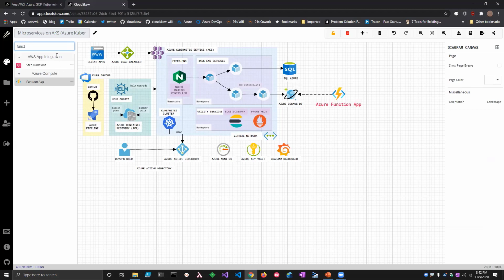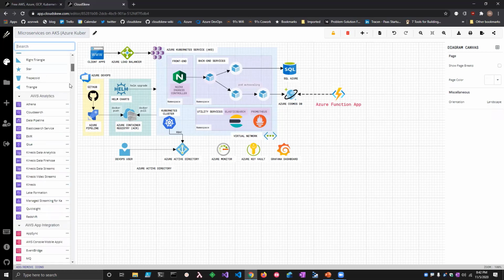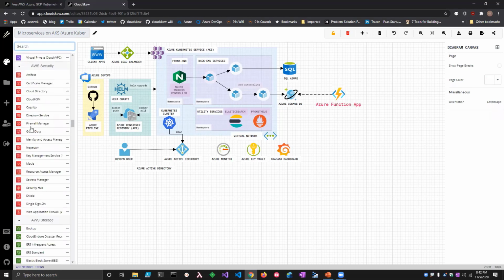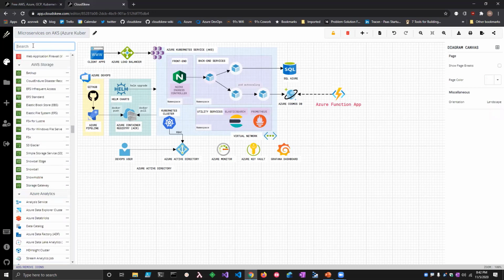The only advantage being that all the required icons from Azure, AWS, and other cloud providers are readily available in there. So these are all your icons, but search works best. Let's say you're searching for block storage.